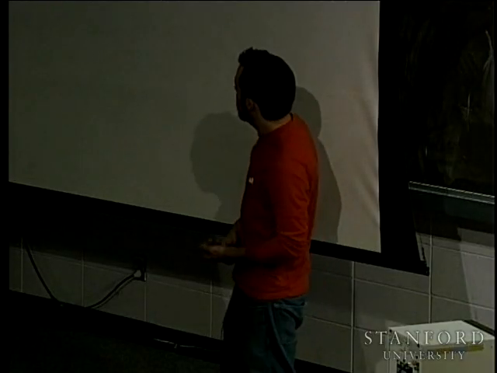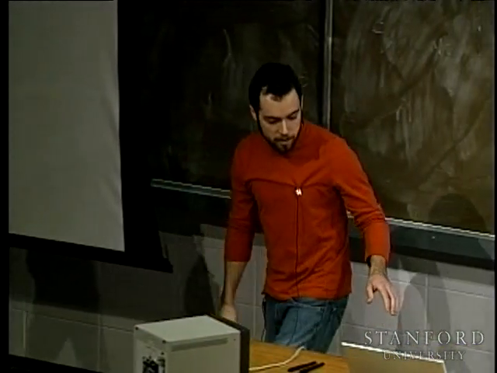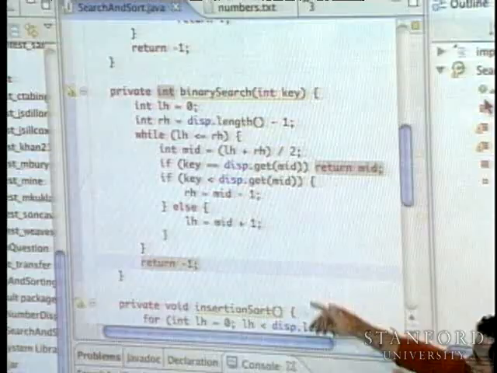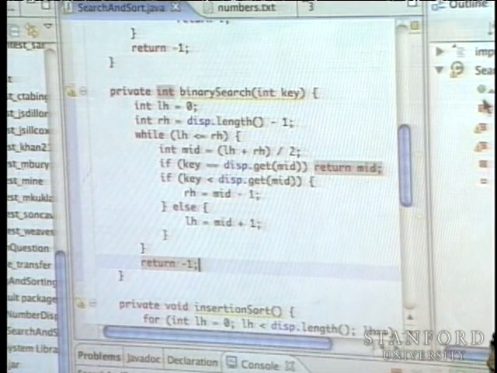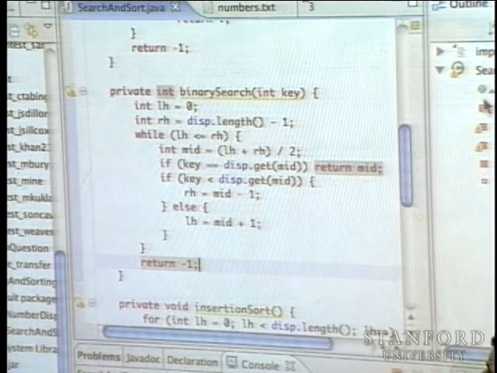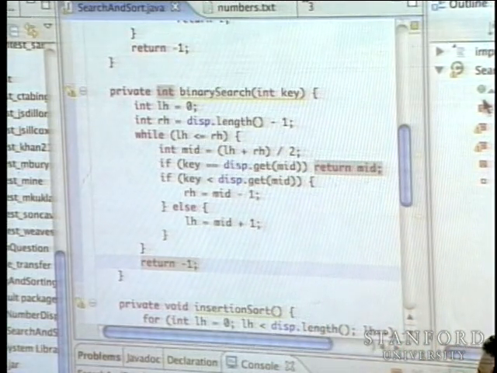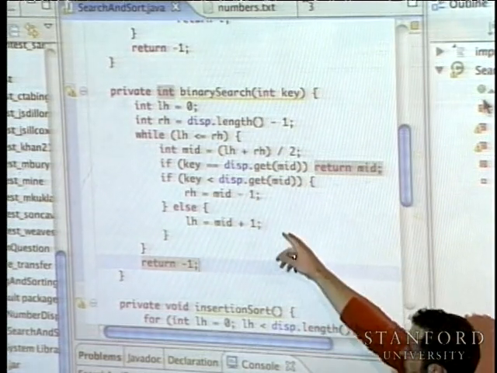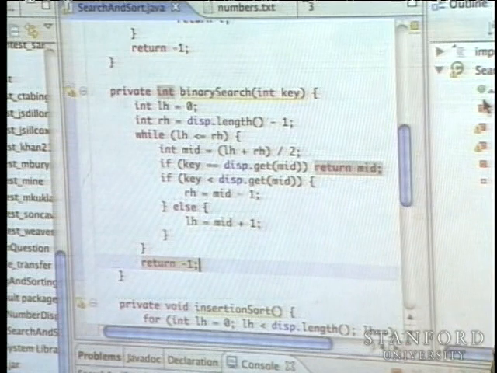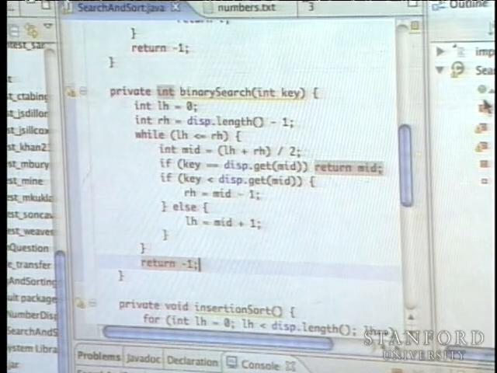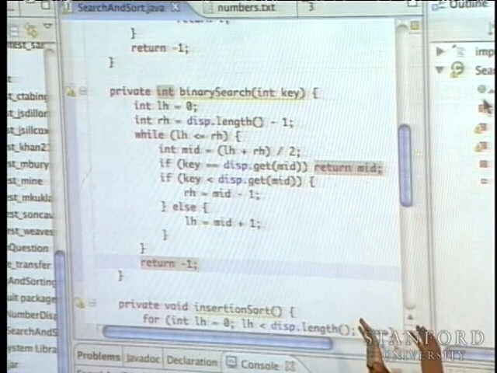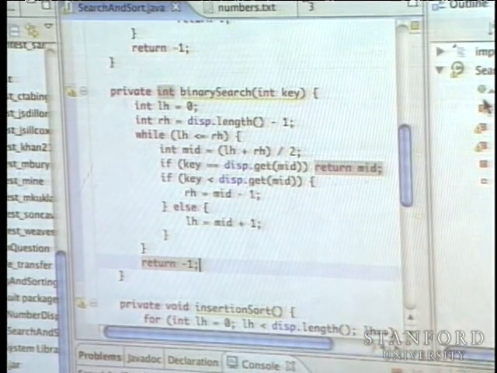Why is that? We already checked. And the way that we checked is because it's just a less than sign. It's strictly less than, so that implies that the two are not equal. So there may be different ways of interpreting why there's a -1 here, but my interpretation is that we never want to consider that index again. So we want to move one past the middle index that we now know is not equal to the element that we were looking for.